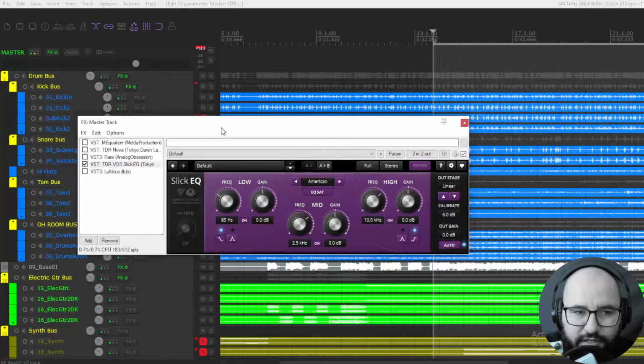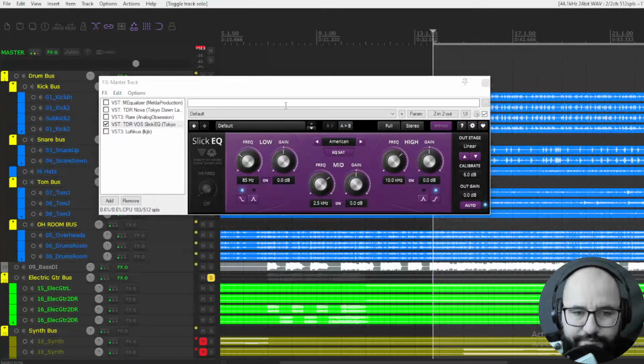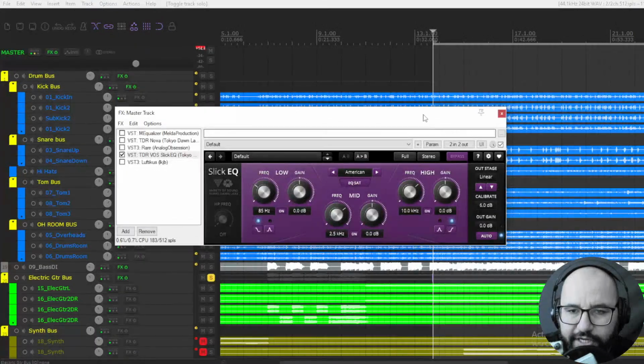Let's check it out here. For instance, on guitars, let's add some nice coloration here. Let's boost the highs here. Even though you can boost it all the way up to the maximum, it remains musical. It's very difficult to make any sound bad, right?